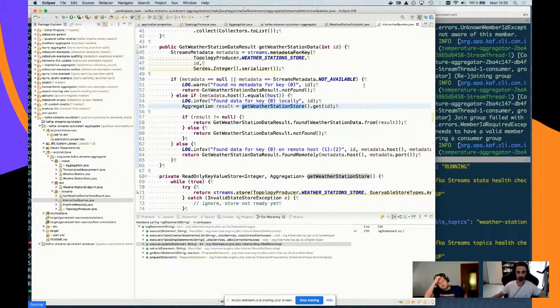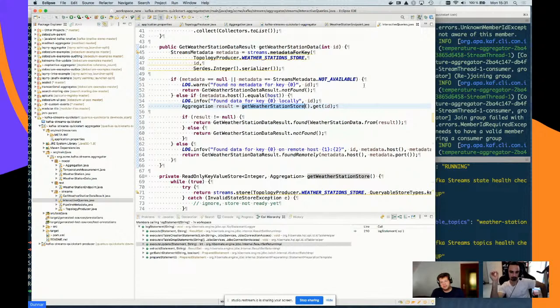And now what's interesting is there's a very interesting deployment model behind this, because you can scale out your applications horizontally. Let's say I had hundreds of thousands of weather stations, and I couldn't process all the data on a single machine. The idea there is to scale it out, and in Kafka, the general idea to share your load is to have different instances of your application work on different partitions of your Kafka topic.